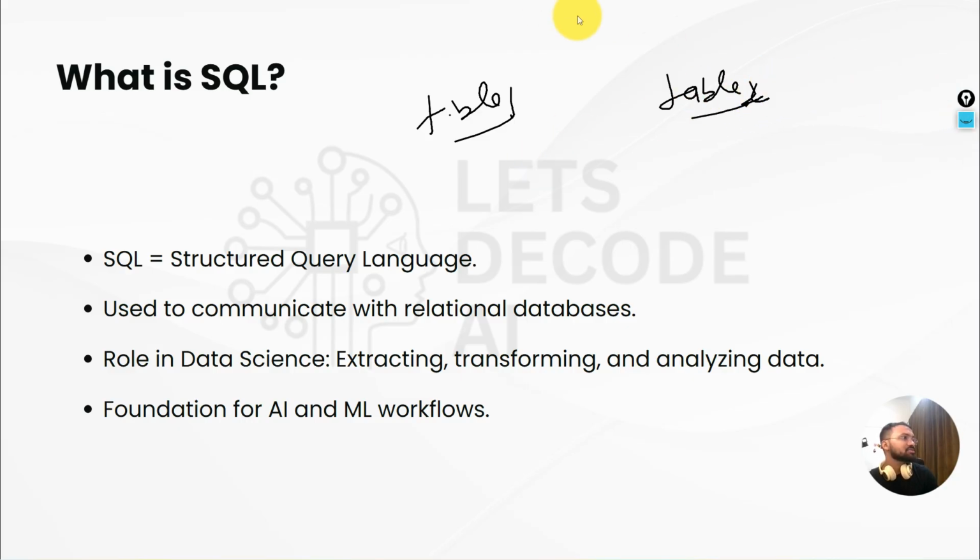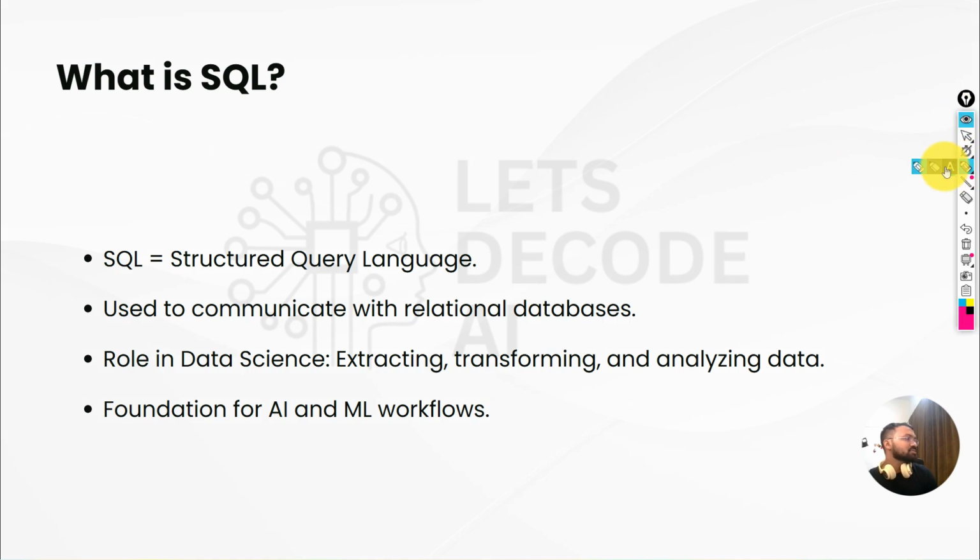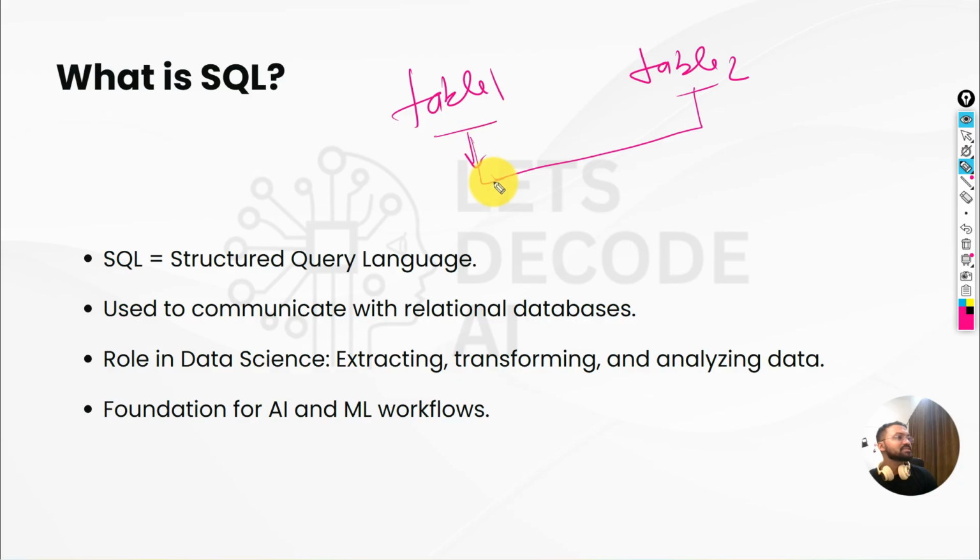Okay, I think this pen is not working properly. Let me clean this. I have another tool with me, this one. Okay, so choose pen. Yeah, so we have a much better table 1, we have a table 2. So we have these two tables, and let's say the attribute that I'm using to link these two tables together is called roll number,